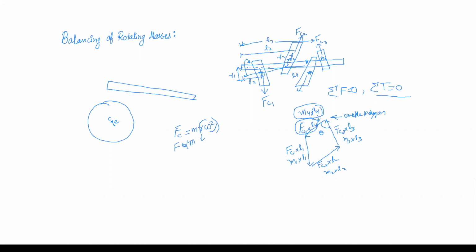So if we put this load at this particular distance and this particular angle, we will be able to bring the whole system into equilibrium. So that is what you have to do in this experiment. You need to apply a counterweight at a particular location. That location will be determined by drawing the couple polygon, so that your system can be brought into the equilibrium position. So that's all for this experiment.